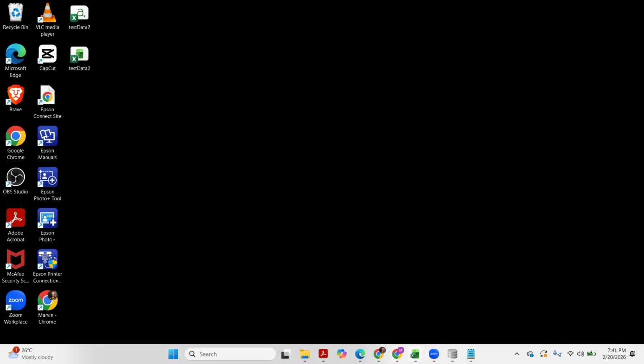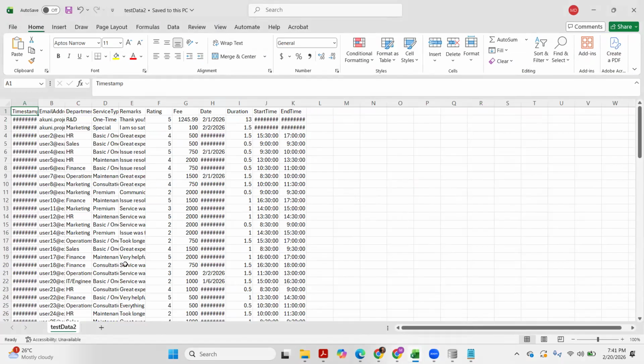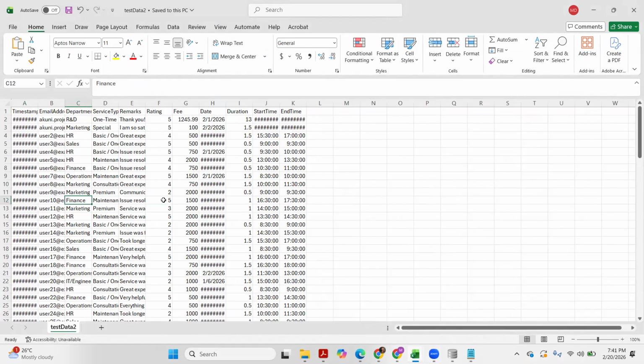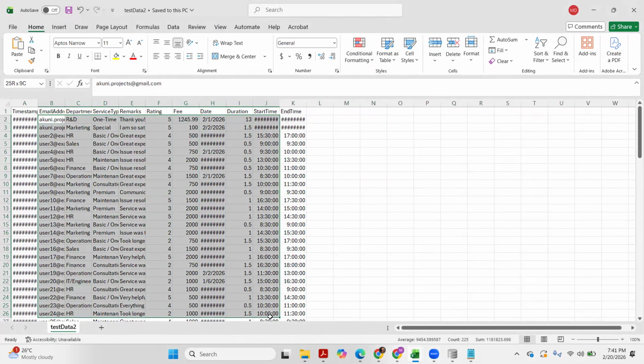So now we have the data set and we want to modify it first, especially if you want to perform some data analysis. That's our topic for tonight, by the way. If this is a CSV file, there's a big chance that whatever formatting I do here will be disregarded once I close the file.